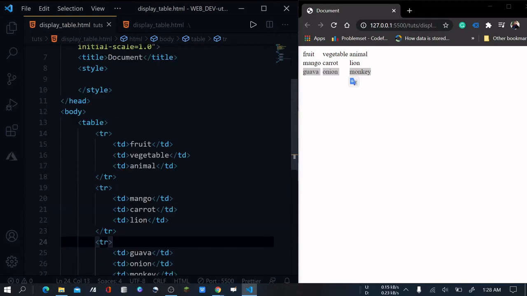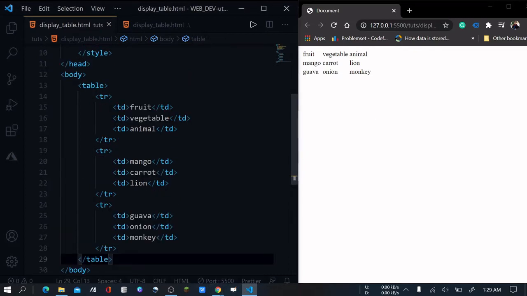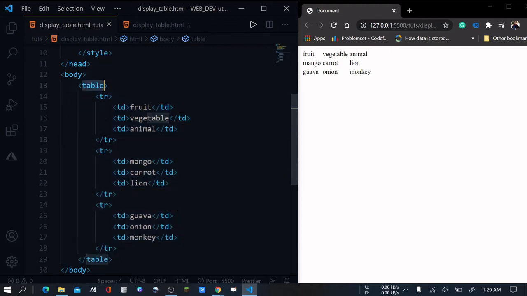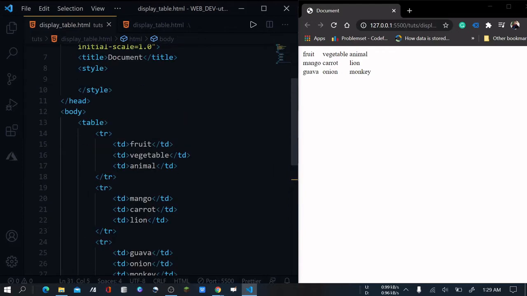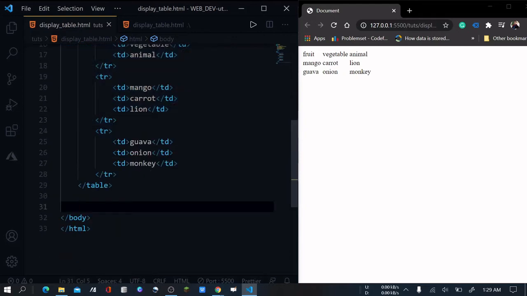But if you want to understand the display table property, I will create this same table, but now using divisions, not the table tag. So I need to first write a division, and inside this division I will give a class of table.